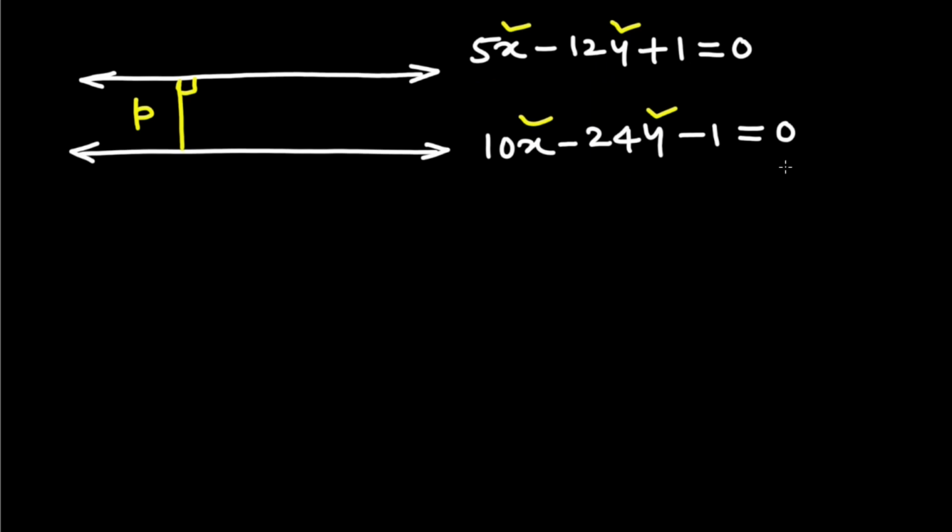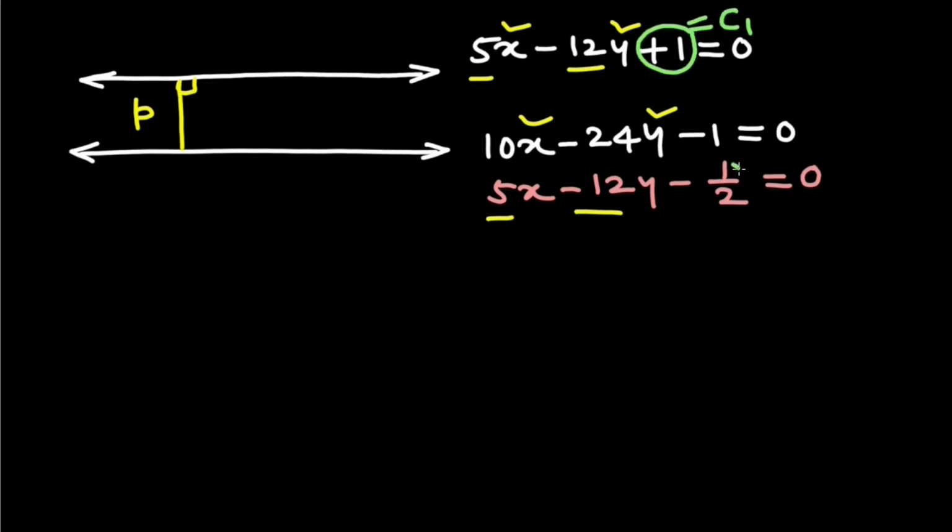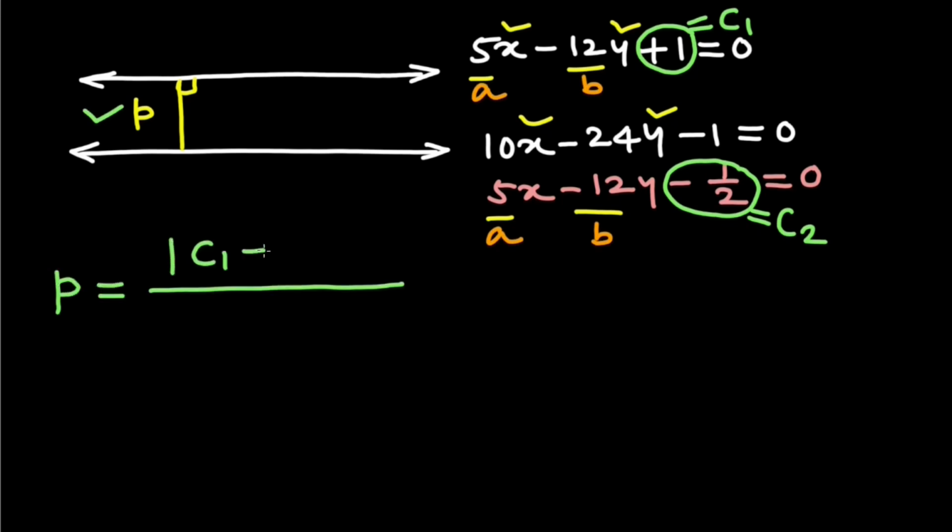In the second equation, we can divide throughout by 2, which gives us 5x minus 12y minus half equals 0. So now we observe that the coefficients of x and the coefficients of y are same. The only difference is in the constant terms c1 and c2. Moreover, we have a equals 5 and b equals minus 12. We have the formula to find p as p equals mod (c1 minus c2) upon square root a squared plus